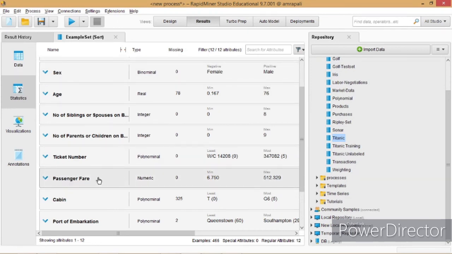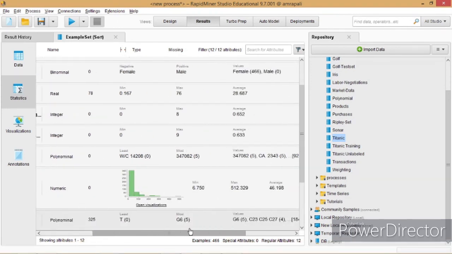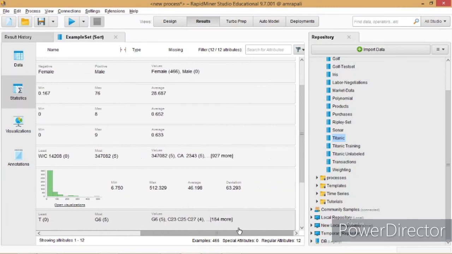We will click on passenger fare. Here again you can see the minimum passenger fare, that is 6.750, and maximum passenger fare, that is 512.329, and average fare is 46.198.